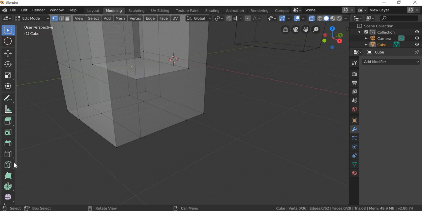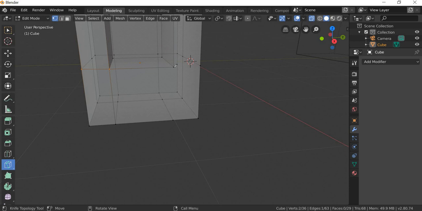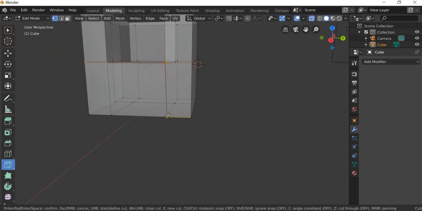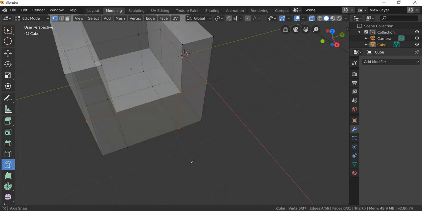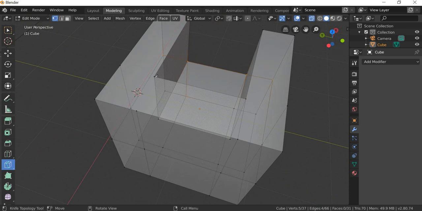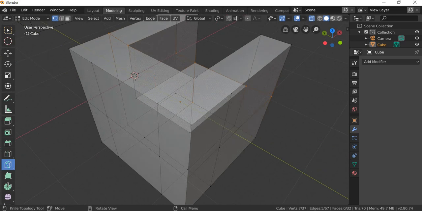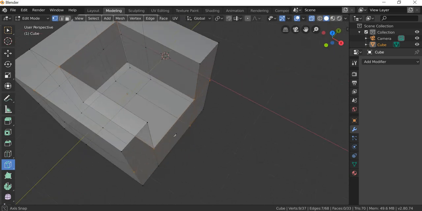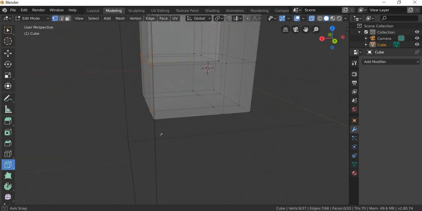So there should be one knife line here, so you can use this tool to cut it. Enter, click it here and here, enter. Okay, you need one from here to here, enter. You need from this point to this point, and from this point to this point. Okay, and now you have all